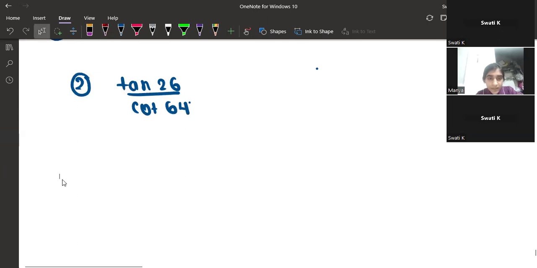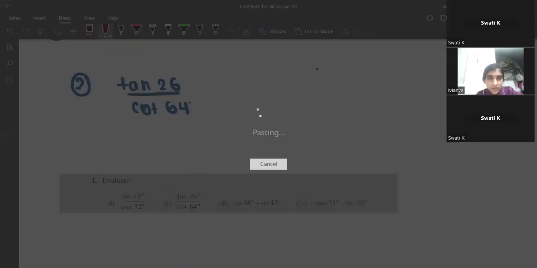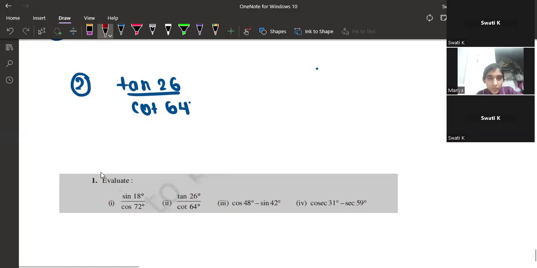Tan 26. Okay. Tan 26. यहाँ पे मैं start करती हूँ. So tan 26 you want to change, or do you want to change cot 64? Tan 26 को कैसे लिखना है? 90 minus वाले form में. So tell me, 90 minus what is 26? 64. Very good. So यहाँ पे smartly you can see that नीचे 64 है, तो it will be 64